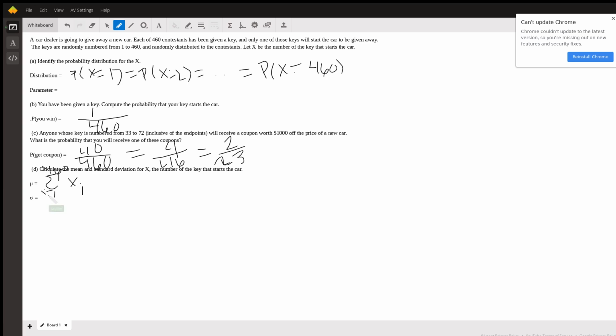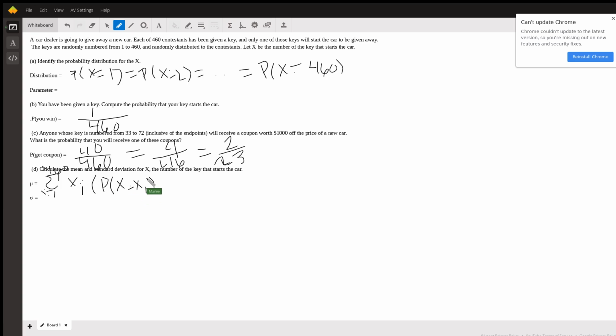So x1 represents key 1, x2 represents key 2, and xi represents key i, where i goes from 1 to 460. So the way we find the mean is the sum for all possible values of x, in this case 1 to 460, of x times the probability that we get